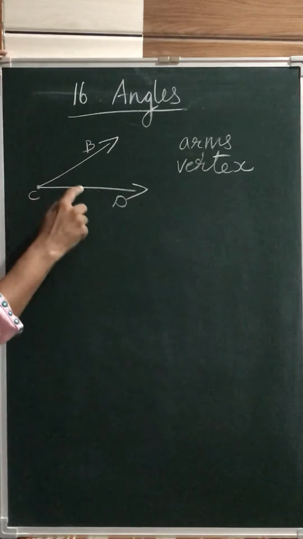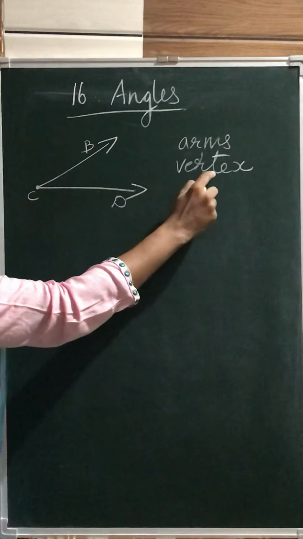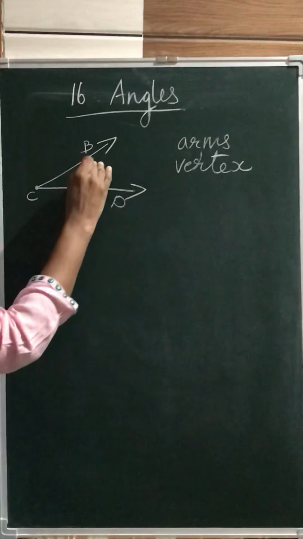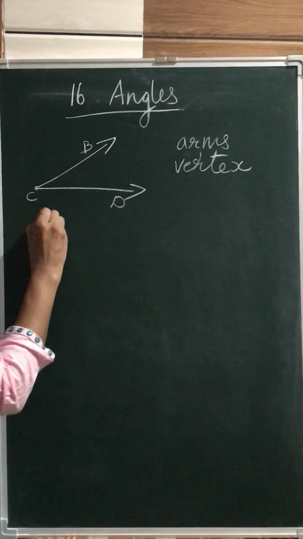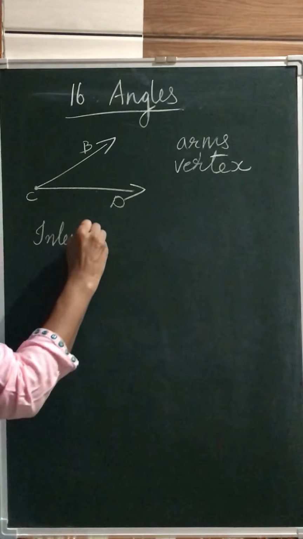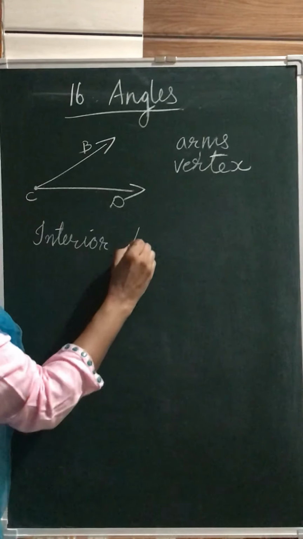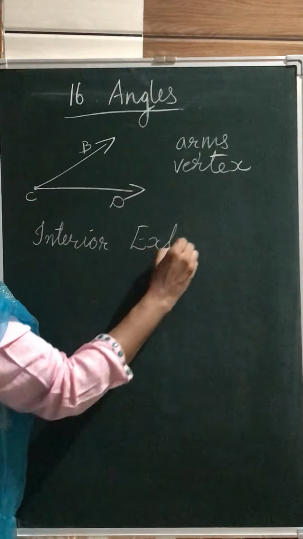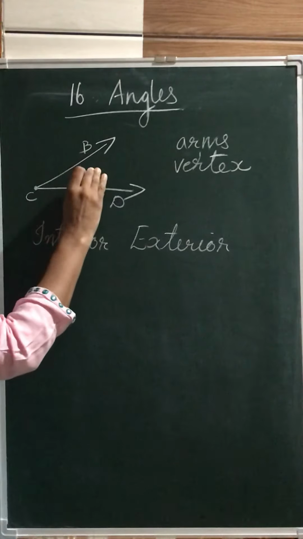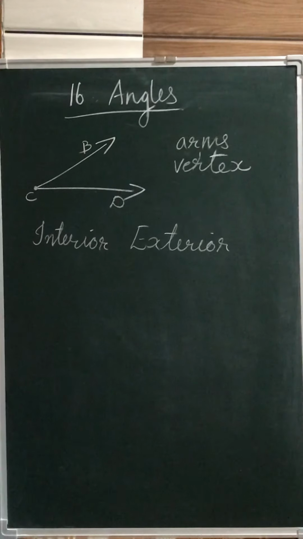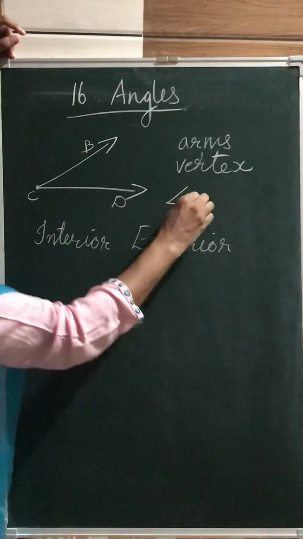Two rays are known as arms and this initial point is known as the vertex. The inside portion is known as the interior, and the outside portion is known as the exterior. We can represent the angle using the symbol angle